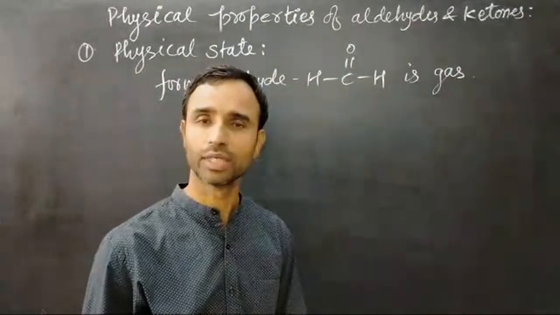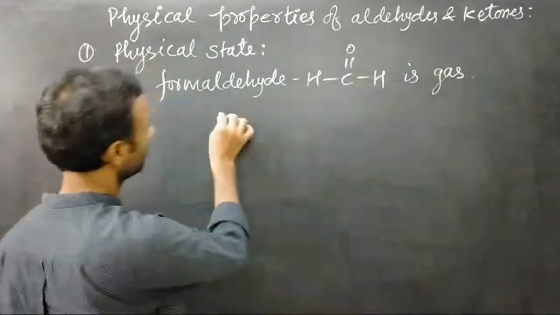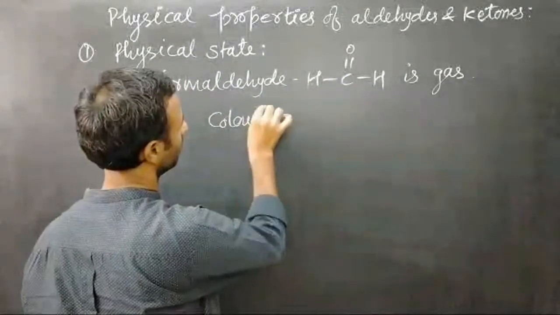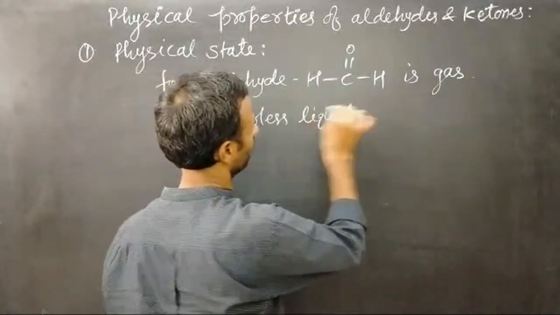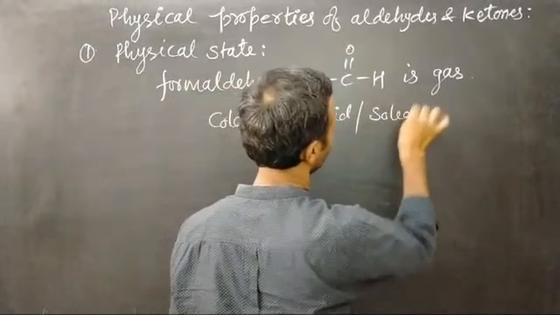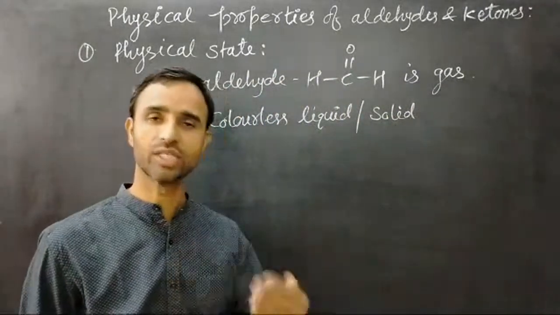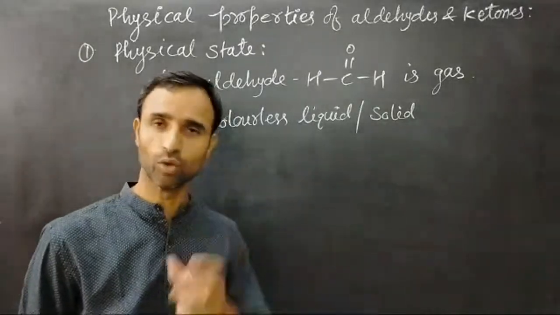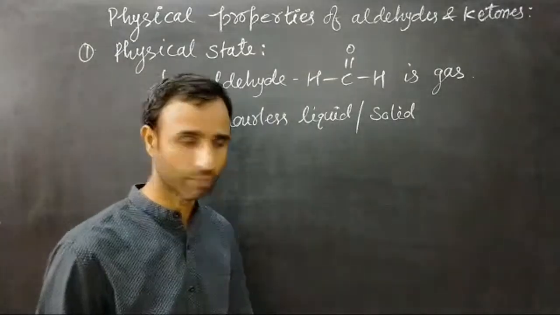Formaldehyde is gas, but rest of the members are either colorless liquid or solid, depending upon the size of alkyl groups or depending upon the number of carbon atoms, we can say, because